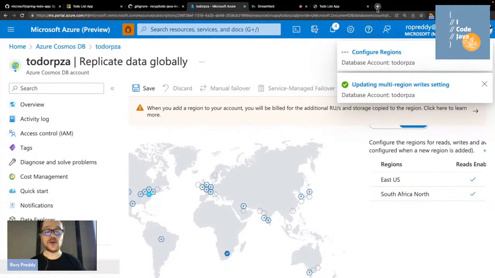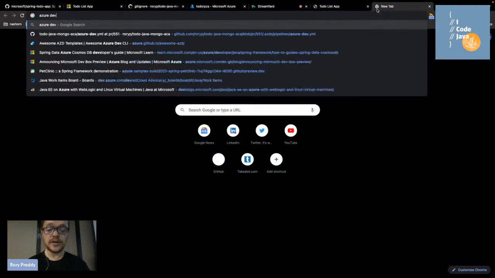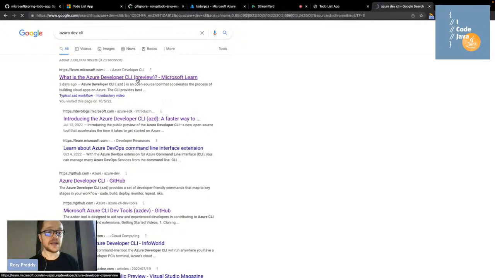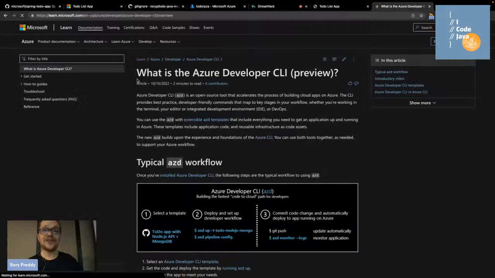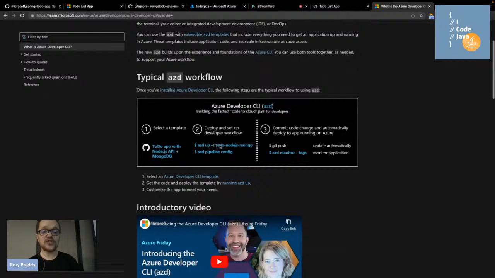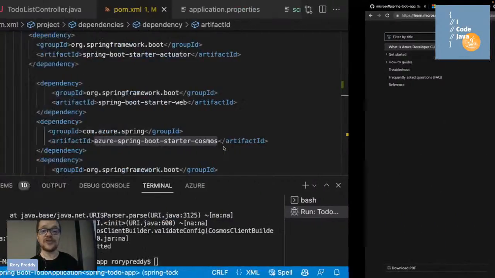So you can go in there and you can go Azure Dev CLI. Now, the Azure Dev CLI is called AZD and allows you to actually just choose a template. And for example, you just go AZD app to-do Node.js Mongo. And it just creates everything, but it creates it with container apps, and also it wires all of your application, including your Mongo with you. So I did that before the session here.